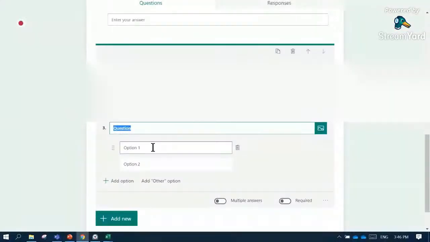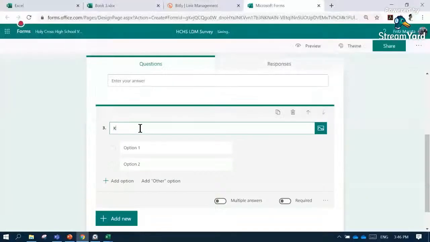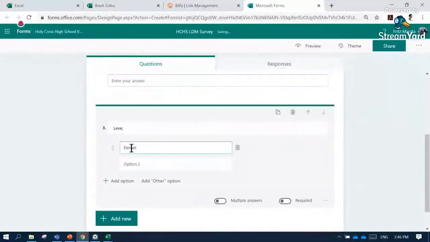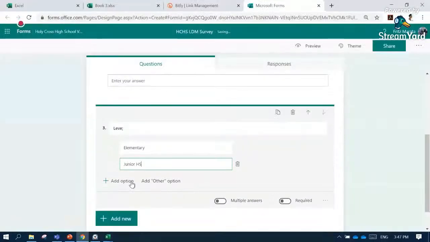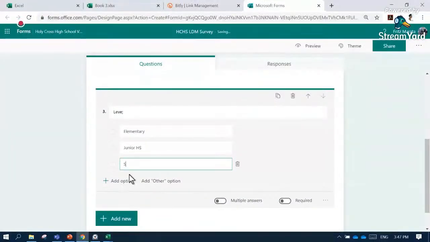So you can say level, and then first option is elementary. Are there teachers in elementary here? Yes, sir. Okay. Thank you. We also have junior high school, and then add another option for senior high school.